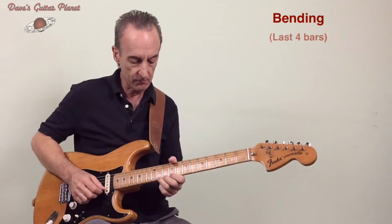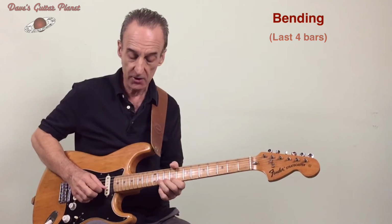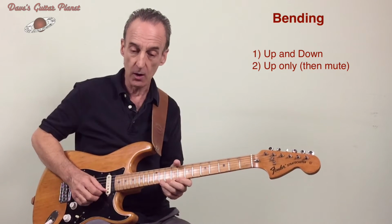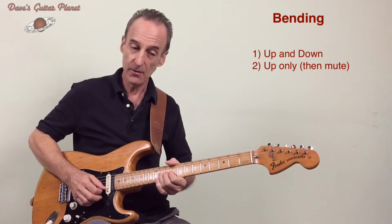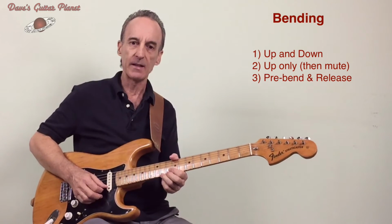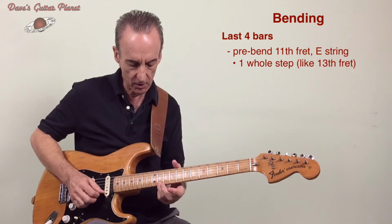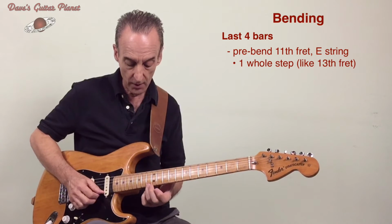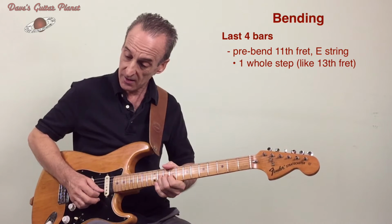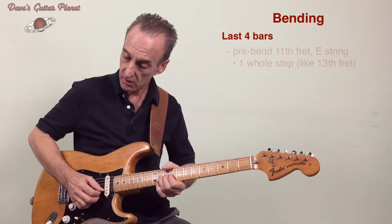There's a couple kinds of stretches if you parse it and take it apart. You've got stretches that go up and down, some that might just go up and stop there. And this time what we're going to do is what we call a pre-bend and release. You pre-bend it, the 11th fret of the E string. We want to equal this sound on the 13th fret, so we have to push, and if we're lucky, we get that sound. So push,